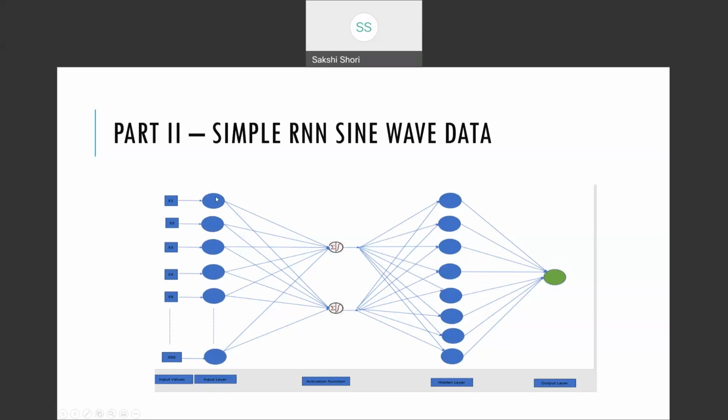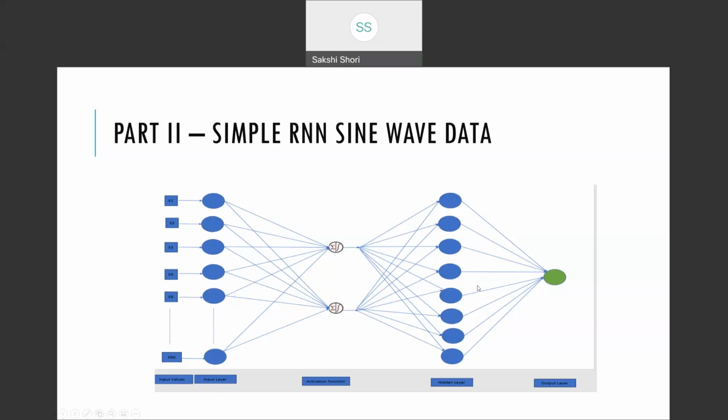The first layer in blue circles shows the input layer, indicating 50 neurons entering the input layer in the model. All these 50 neurons will go to a dense layer after passing through activation, tanh or sigmoid activation function.